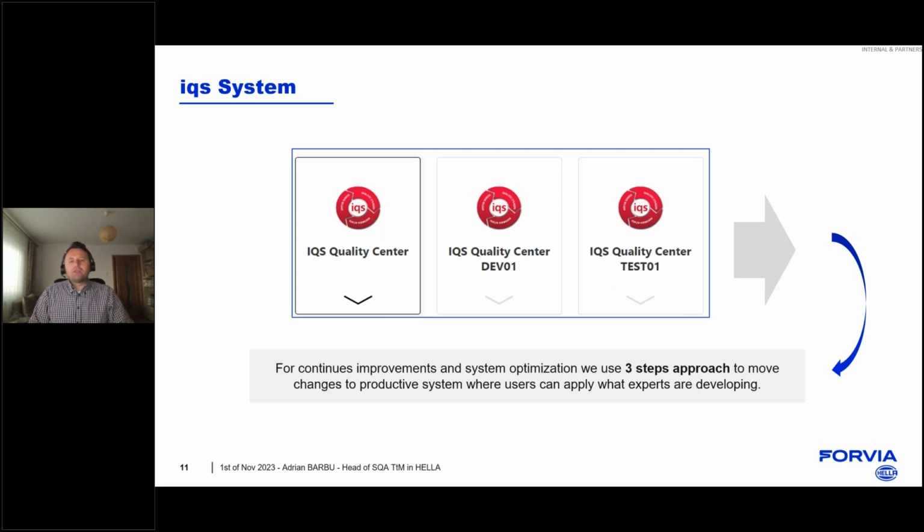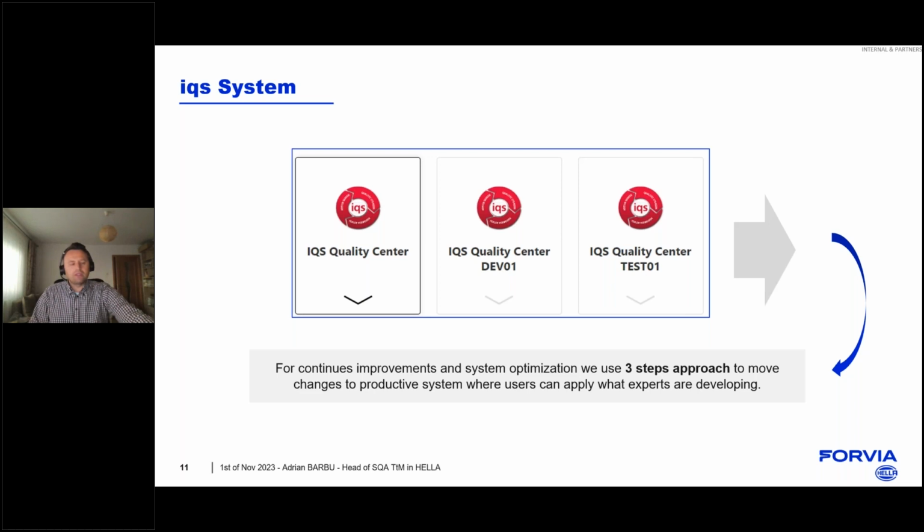Here we are also using a three-step approach, because everything we try to improve or develop, we do in a proper system. We test it in a proper system, and then for sure, before placing it with our users so that they are able to use and apply it, they need to be selected in a good way, with a good team behind, and all this information placed in our Quality Center.